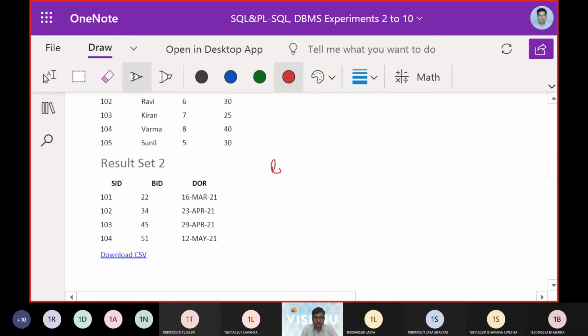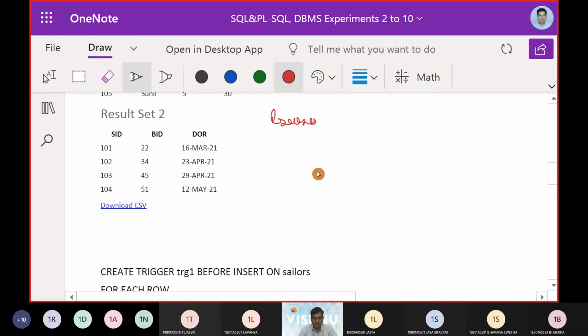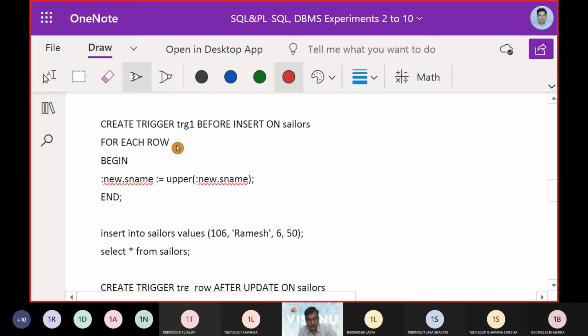Next one indicates the Reserves table. Now let us look into the trigger. A trigger is an event which will happen before an insert or after an insert, or after an update or before an update. It is taken up by the Oracle server internally in the database. Once the action is initiated, from there onwards it will be prompted. There is no need for user intervention. We had enough discussion on the triggering concept in our past experiments.